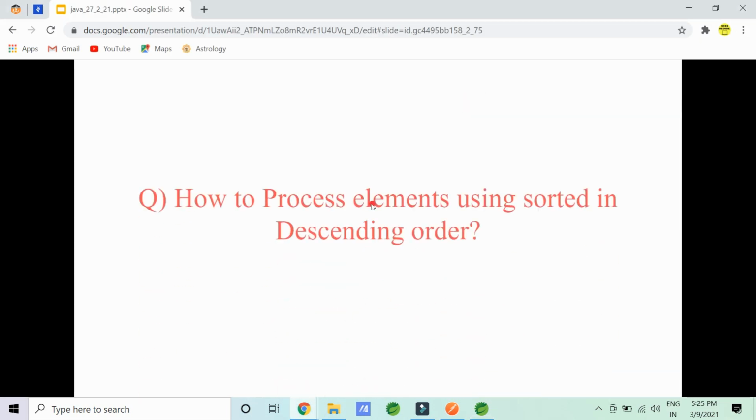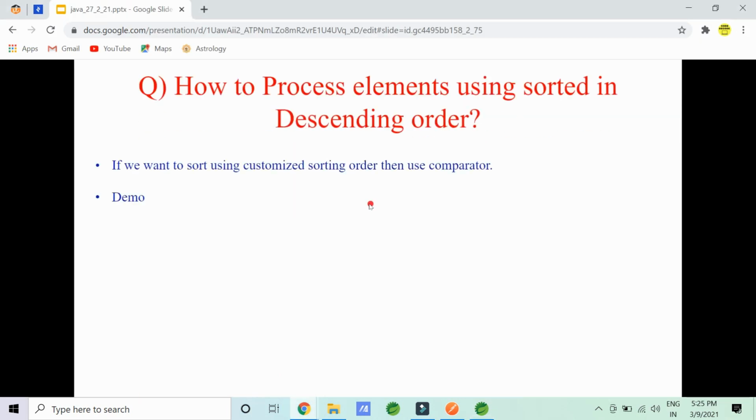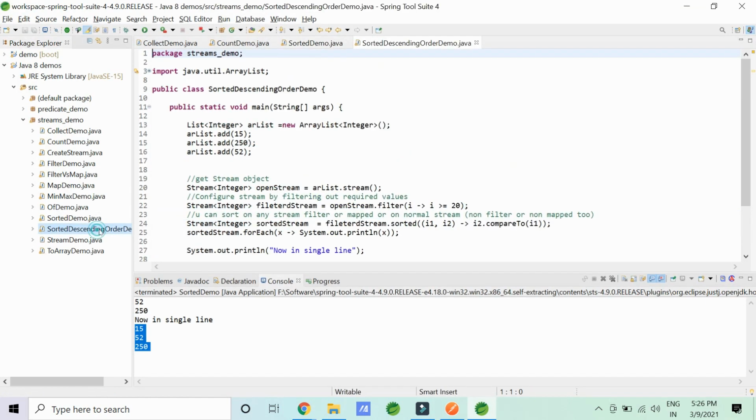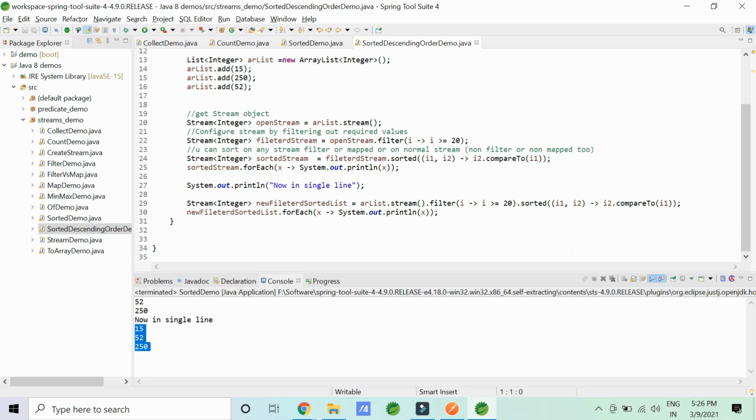Now the very important question from the interview perspective is, how do you sort in a single line in descending order? You must understand that descending order can be achieved using a comparator. I have covered this custom sorting using a comparator in the previous video. Just for the sake of revision, in sorted you will pass a comparator object, and the comparator object can be implemented using a lambda expression also.